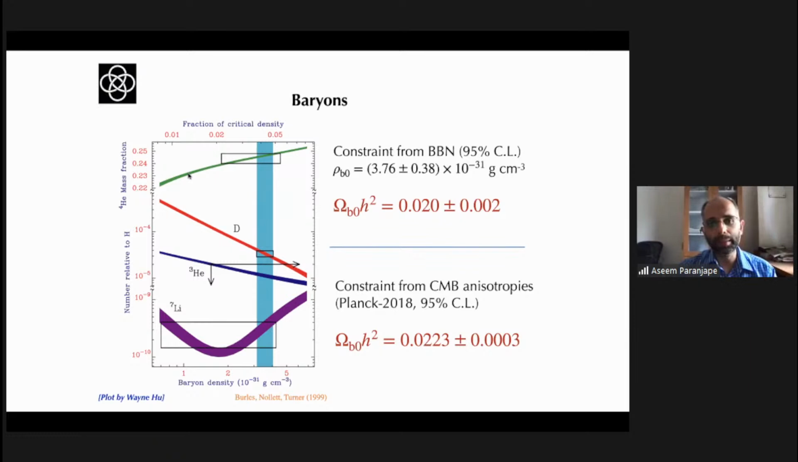Where do these uncertainties come from? The thicknesses are proportional to the theoretical uncertainties in these quantities, and each of them has a different origin. If you are interested in this, you can look at the book by Kolb and Turner. They give a very nice account of all of these theoretical uncertainties. But the bottom line is, for each of these